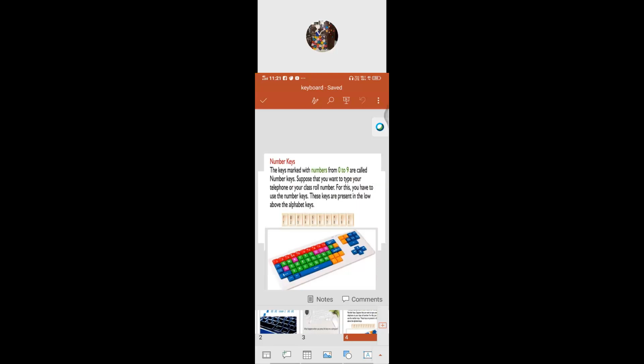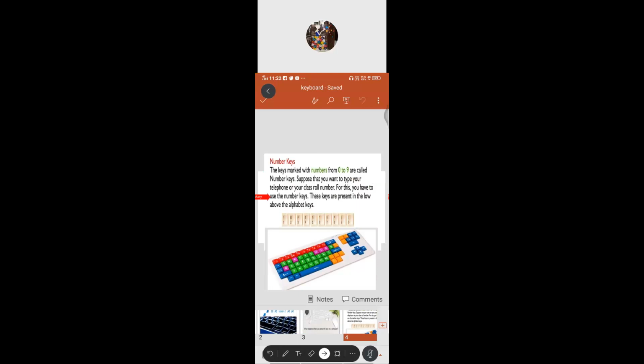What is the meaning of number keys? The keys marked with numbers from 0 to 9 are called the number keys. Suppose you want to type your telephone number or your class roll number, which is numeric only. For this, you have to use the number keys.